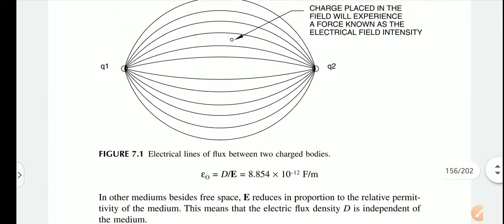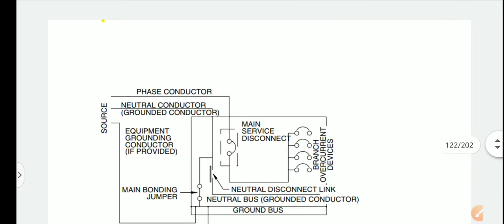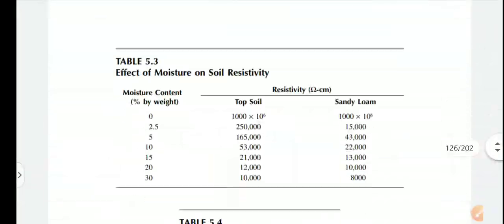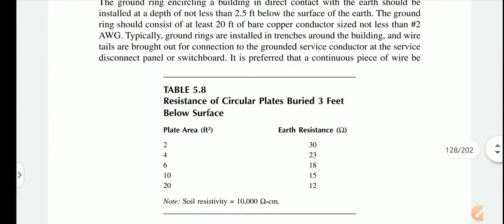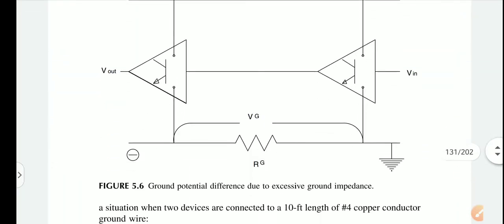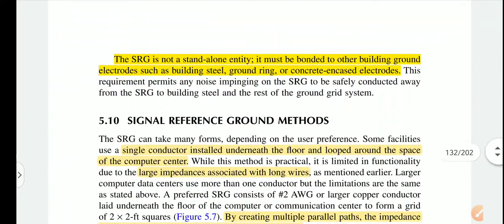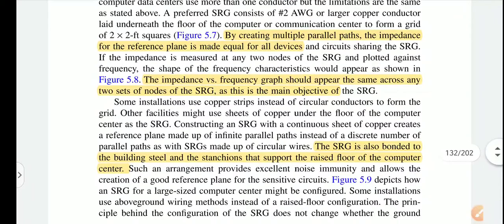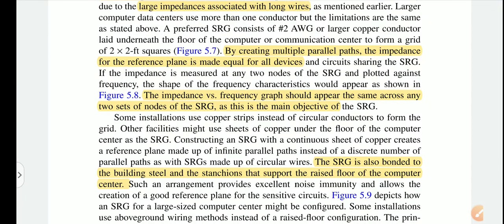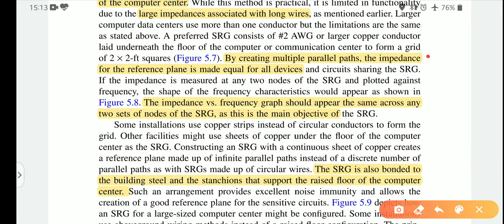So what we are doing is keeping the impedance the same for all the parallel paths. For that, we are keeping the parallel path the same for all the equipment. So the SRG, we can say, has multiple parallel paths. By creating multiple parallel paths, the impedance for the reference plane is made equal for all devices and circuits sharing